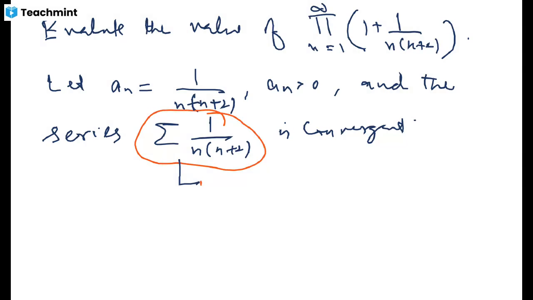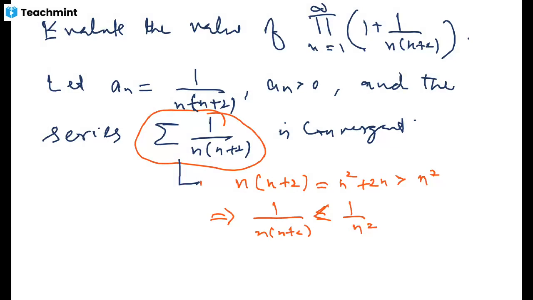There is no way to talk about uniform convergence of a series of numbers. And look at this, n into n plus 2 is equal to n square plus 2n. So this is greater than n square. This further implies that 1 upon n into n plus 2 is strictly less than 1 upon n square, and so each term of this series summation 1 upon n into n plus 2 is dominated by the terms of the series 1 upon n square. So by comparison test,